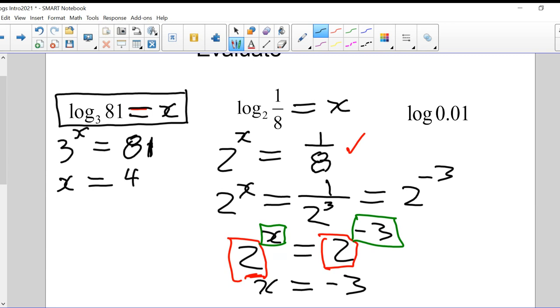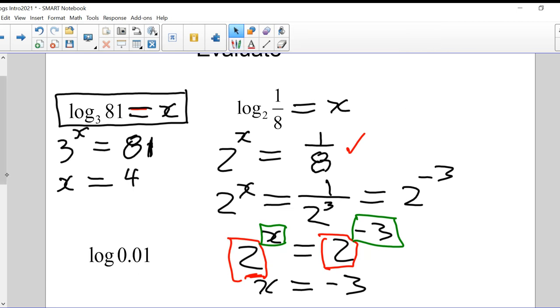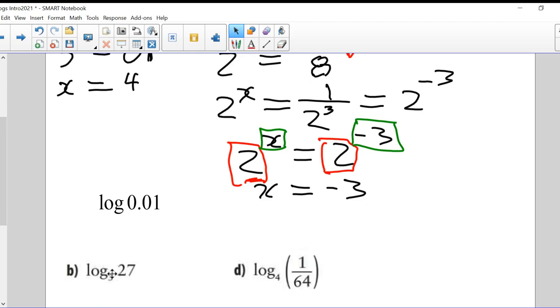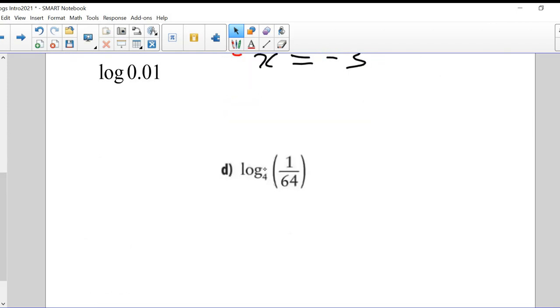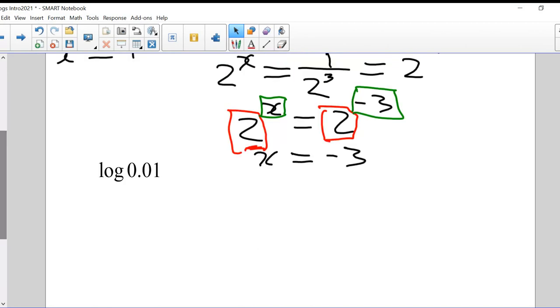All right, so let's get on to the next one. Let me bring this down here. And we'll put these other guys away for now, and we'll just focus on this one. So the log of 0.01. Okay, so that was Chrysania. Let's remove Chrysania. I want you to think about that as I go to